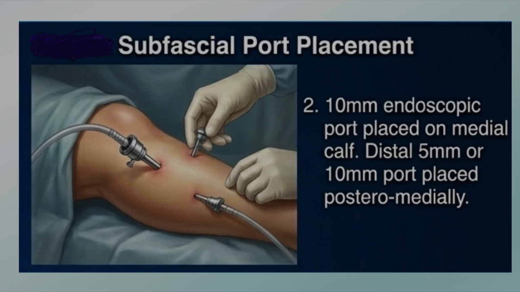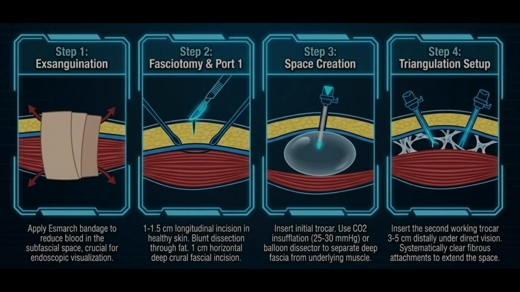Port placement. The 10 mm endoscope port is placed on the medial calf and a distal 5 mm or 10 mm port is placed posteromedially for the working ports. Step 1, the exsanguination, is done by applying the Esmarch bandage to reduce blood in the subfascial space, crucial to endoscopic visualization. Step 2, the fasciotomy, and port 1 is introduced through the same incision, 1 to 1.5 centimeters longitudinal